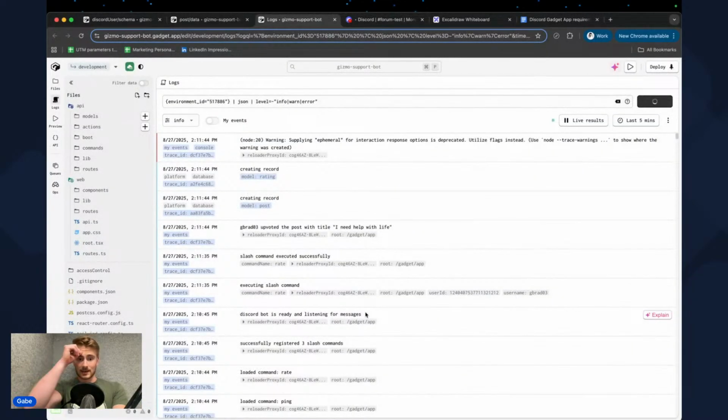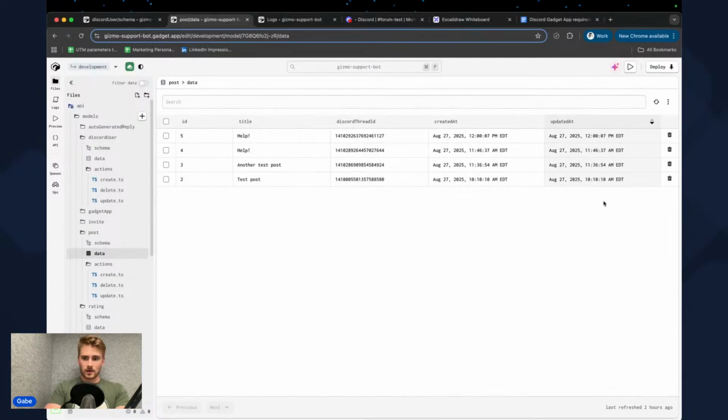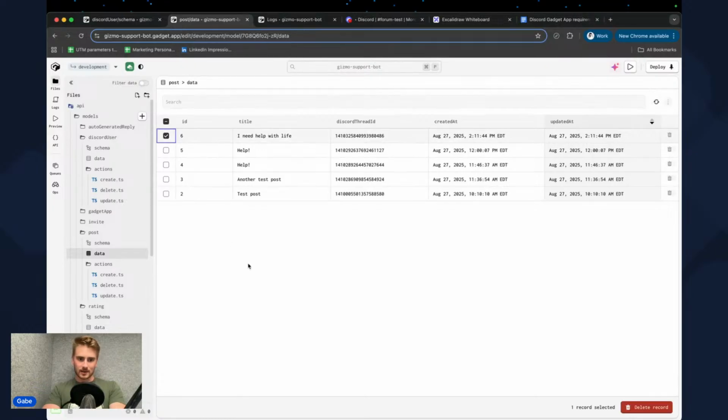But on the back end, a lot is happening. So here's my database. This is the Gadget platform. I work for Gadget, so obviously I'm going to build this internal tool using Gadget, but it's also like the dopest tool of all time. So you can see when I reloaded the database, I instantly got this record here,